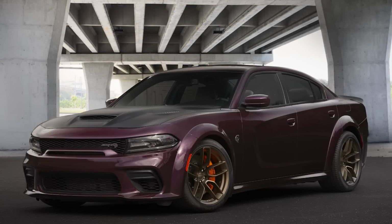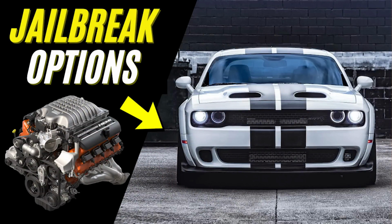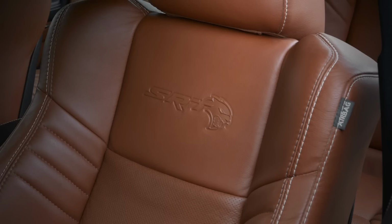Now the final model, which is new for this year, would be the SRT Jailbreak. I've already made 2 entire videos covering these models, so if you want to go really in-depth on the Jailbreak Charger or Challenger, check the link in the top right corner. As for a summary, this costs an extra $900 for the Charger, so $86,595, and the purpose of this was to allow